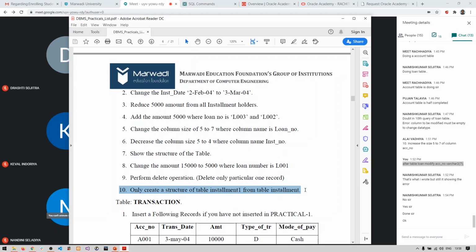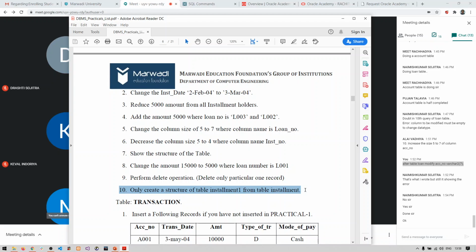And then you are going to write the delete command: delete from installment 1. So it will delete all the rows of installment 1 and you will only have the structure of the table. You will not have any rows. Right, so this is what you have to do.